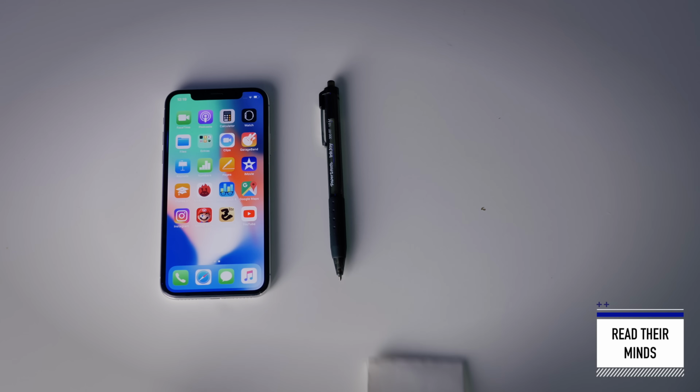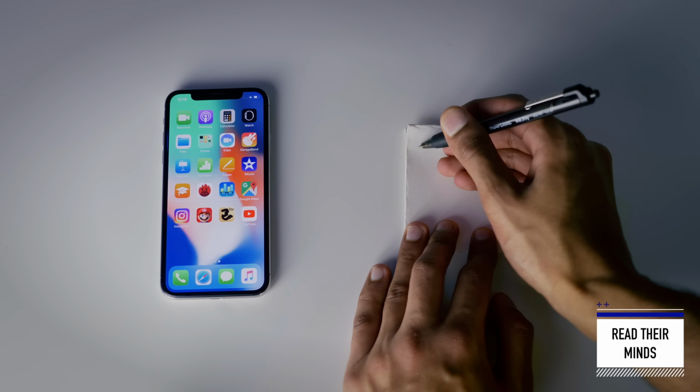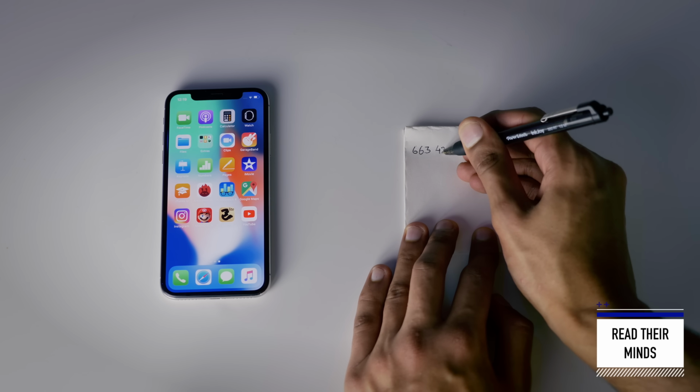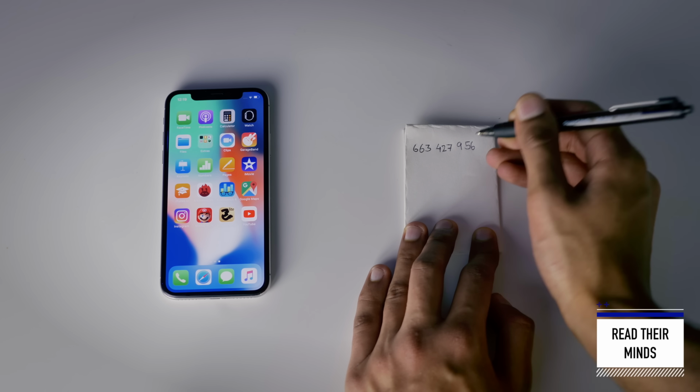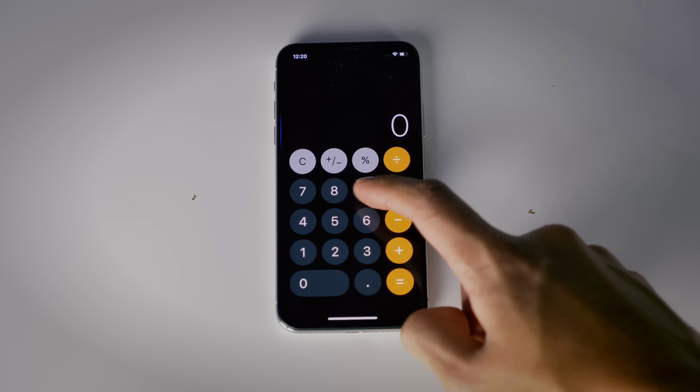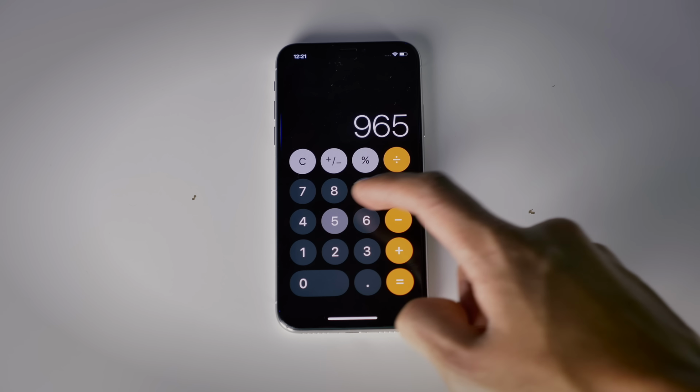back out. For the next one, I'm going to teach you how to correctly predict a number that you would otherwise have a 1 in a billion chance of getting right. All you need to do is grab a sheet of paper and write down a 9-digit number. And try to avoid obvious numbers like everything is a 1 or everything is a 9. You're then going to open up the smartphone app, give it to somebody in your audience and tell them to multiply together 3-digit numbers. But how do you make sure that when they multiply their 3 random numbers together, they